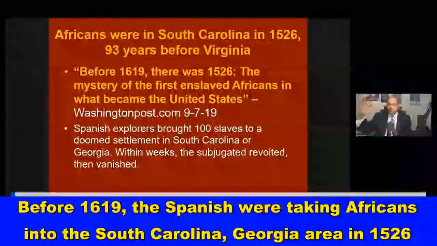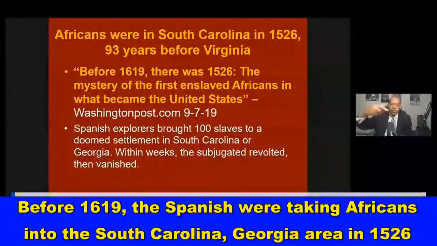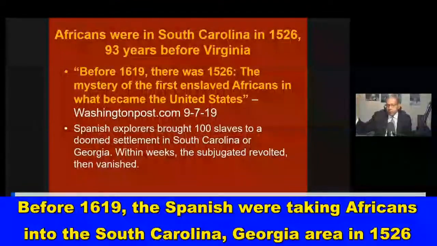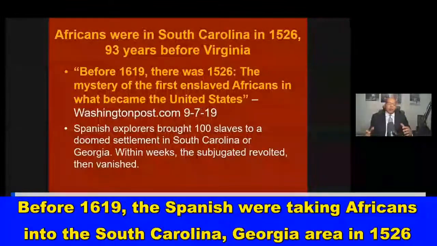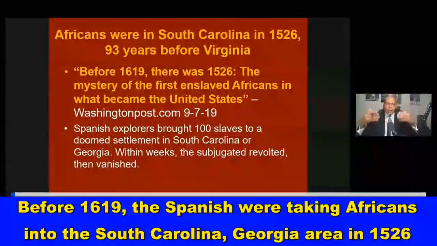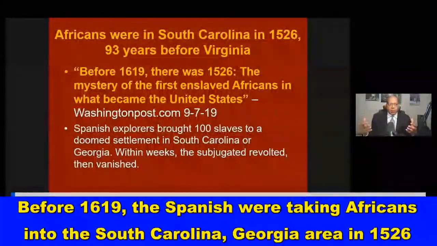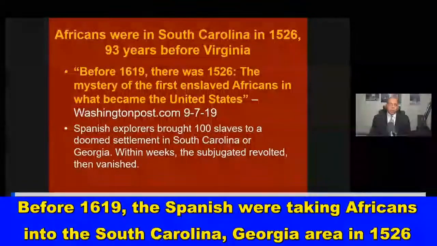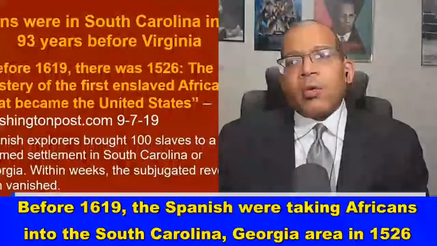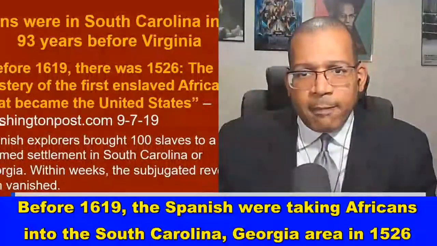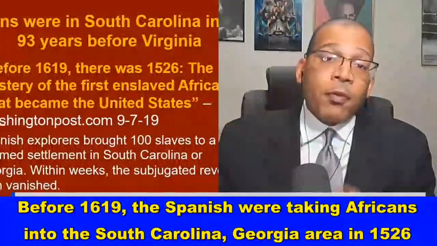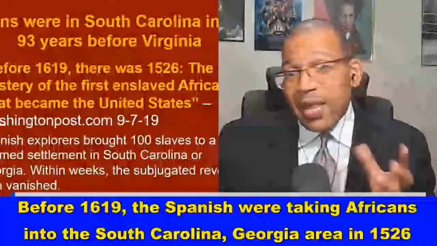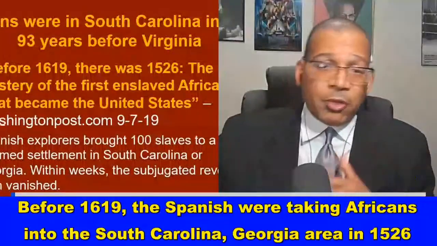Those Africans, there's going to be an uprising. They're going to overthrow their oppressors and they're going to run away. And it's believed they went to live with Native Americans. So the Spanish tried to set up the settlement, but it was a failed settlement. Spanish explorers brought 100 African slaves to a doomed settlement in South Carolina or Georgia. Within weeks, the subjugated revolted, then vanished. Maybe that's why they don't want us to know about 1526, because those Africans overthrew their oppressors. So maybe that's why that's not talked about a lot. But that's 93 years before